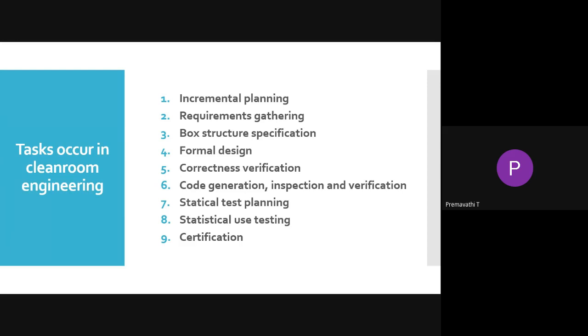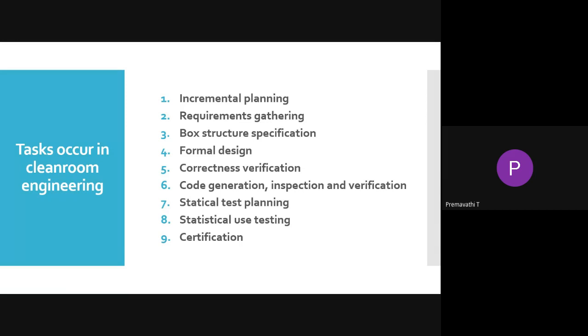The next one is requirement gathering. What is meant by requirement gathering? Requirement gathering is done using traditional techniques like analysis, design, code, test, and debug.